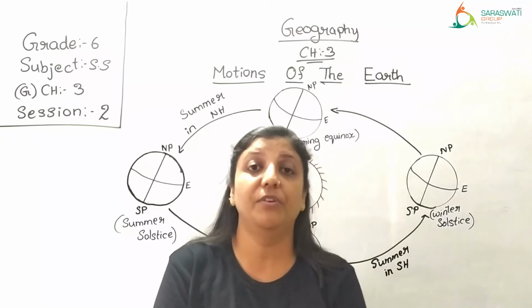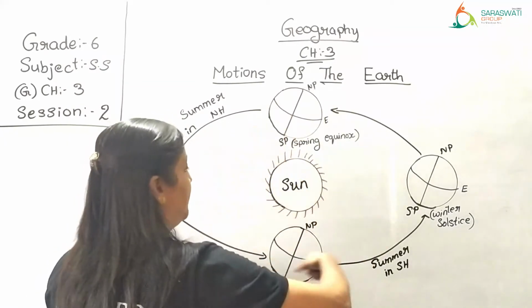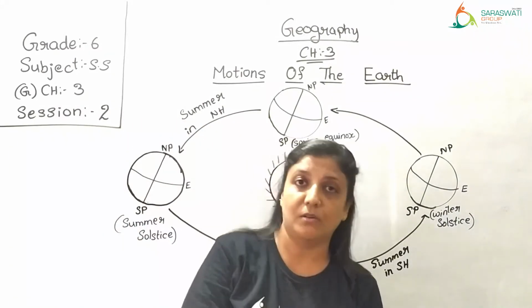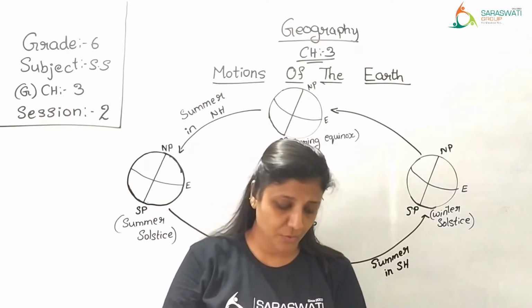So this happens because of this revolution. Revolution is movement of the earth around the sun. Now next,